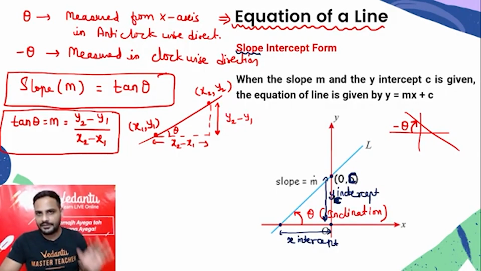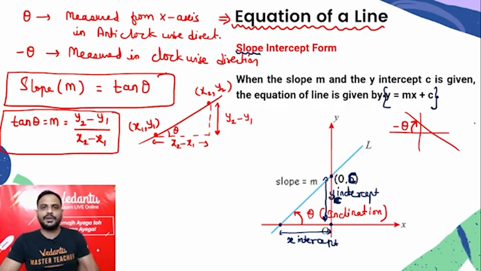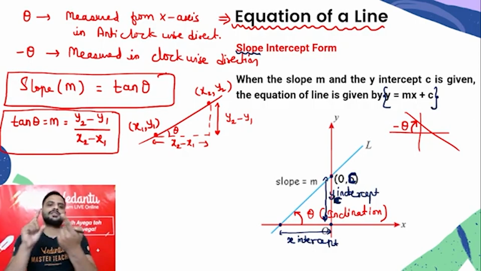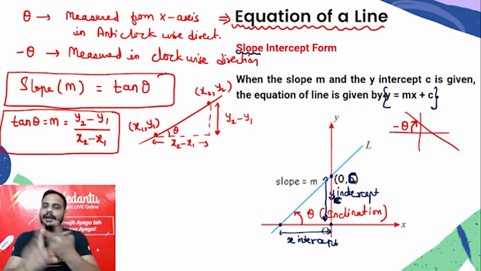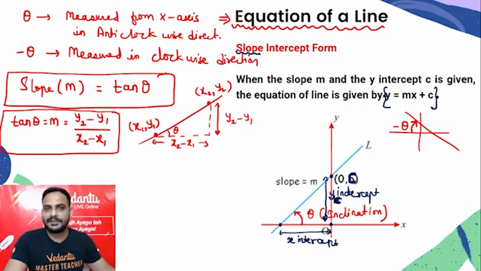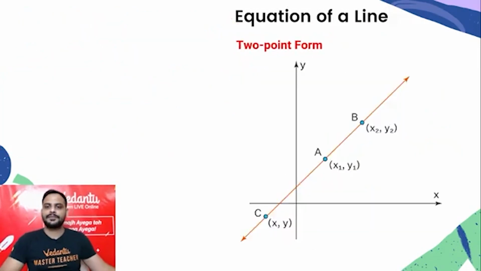So the y intercept is c, the slope is m, and the equation of the line will be y is equal to mx plus c. So remember the name. If in the question you can find out the slope and the y-intercept, the equation of the line will be y is equal to mx plus c. If I give you 2 points on this line,